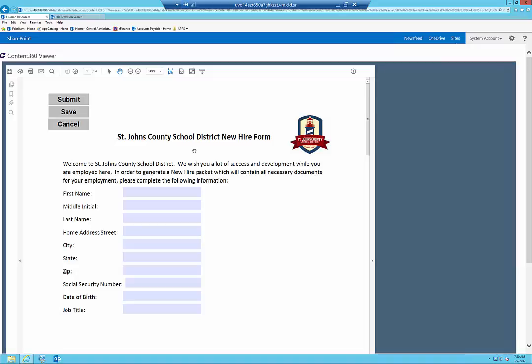So this right now is kind of a mock-up. This is a sample we did for St. Johns County. They're a Business Plus user down just outside of Jacksonville, Florida, in St. Augustine. And one of the things we want to do when we talk about e-forms and using these effectively,